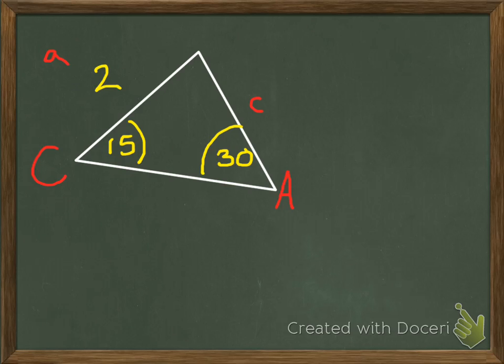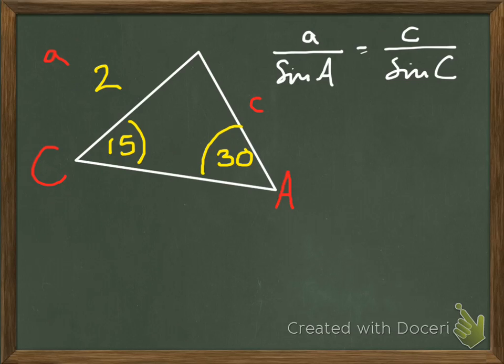And now all I do is start punching the values into my formula, which I've put here, and just to make the point, you can use any one you like. I'm going to stick with a over sine A equals c over sine C. So let's put that information in. First things first, what's a? Well, a is 2. So we have 2